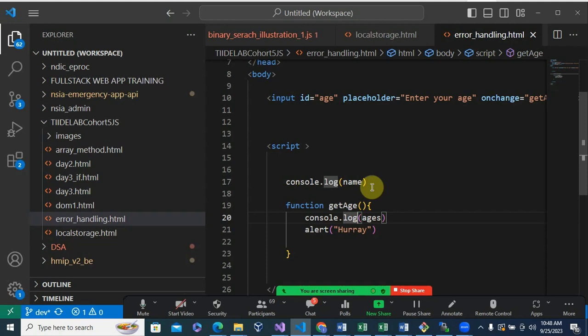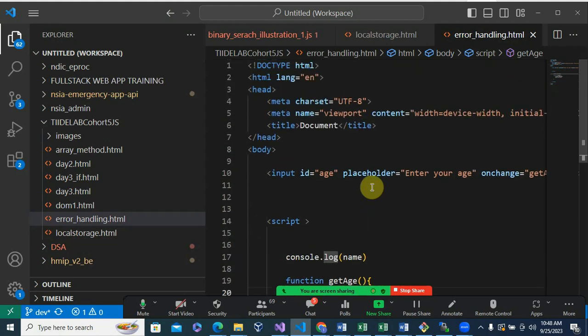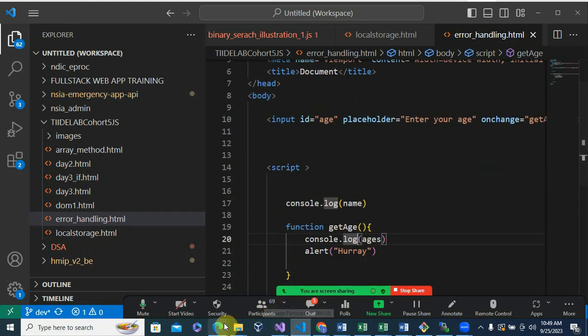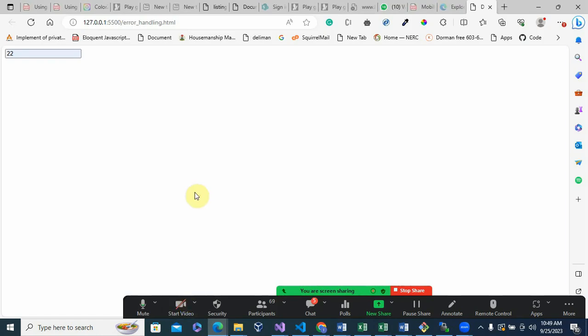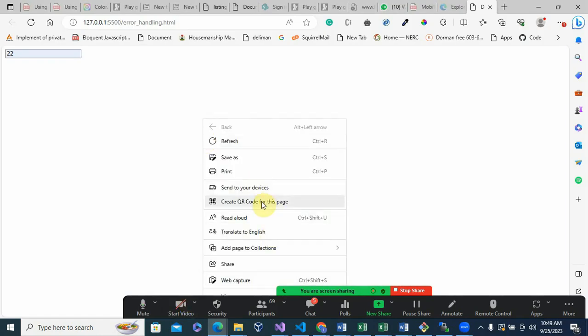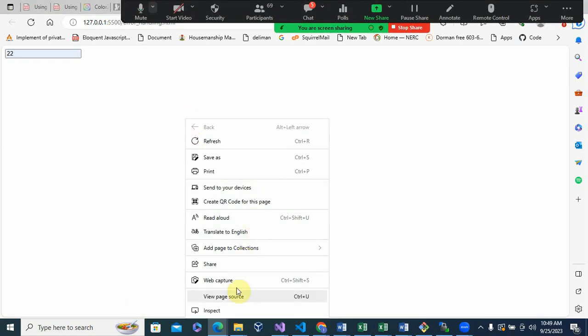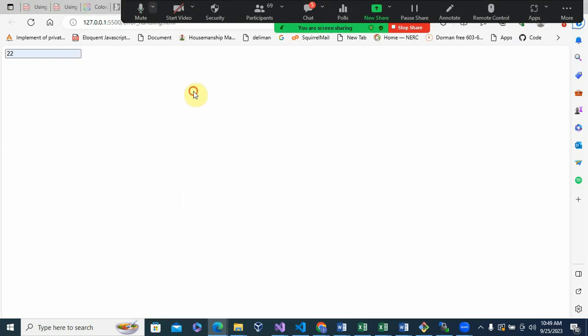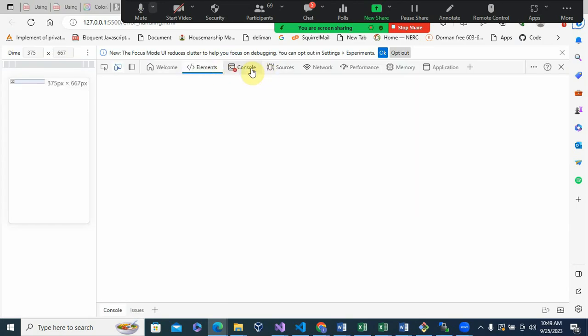To do that, we have a number of ways to check what is happening. So you can see this error here. If you check that error, you will see that the error is telling you the type of error that has just happened. If you check that error, you will notice that you got